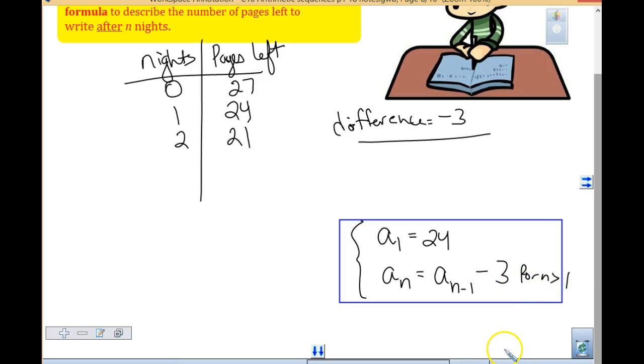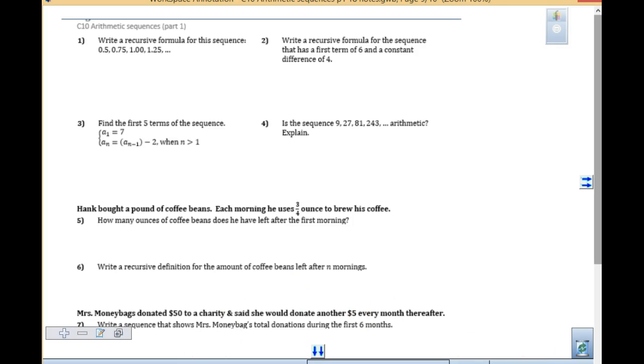Questions on writing? So you're just looking at that formula and substituting that in. Your homework tonight